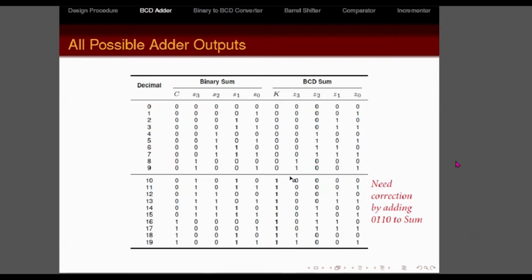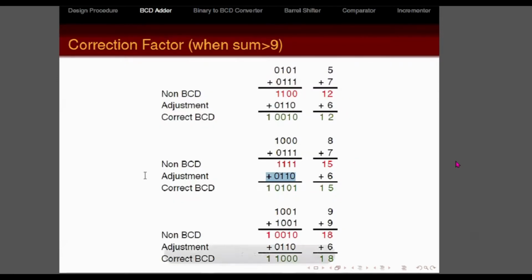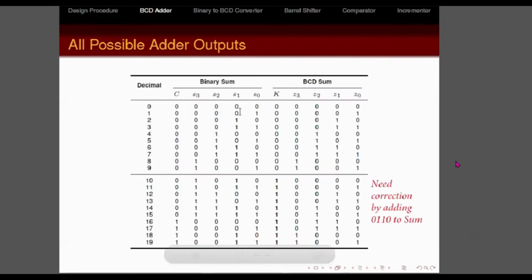Now, how do we do it? If you base it on this correction factor, then this is the correction method that you do. When you add, you normally have the carry, and you have S3, S2, S1, S0. So now you create another output, which is BCD, the H1. This is a binary sum from two BCD inputs. So you get the BCD sum. As long as your